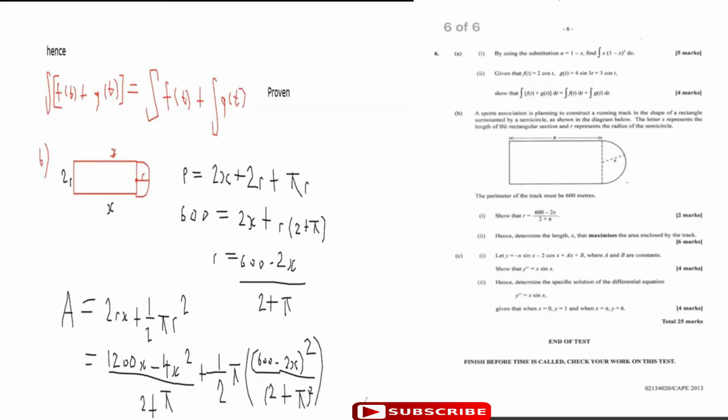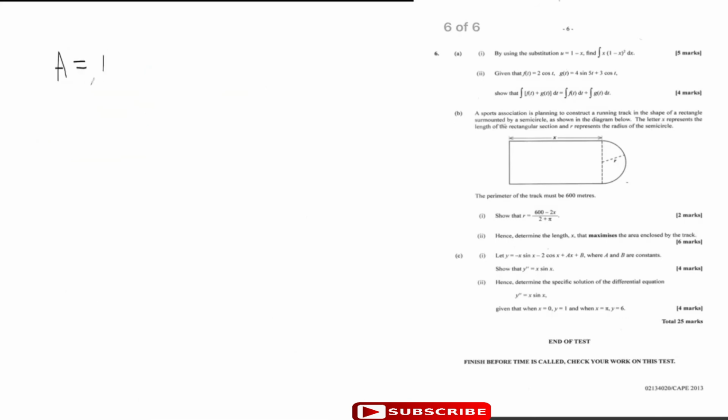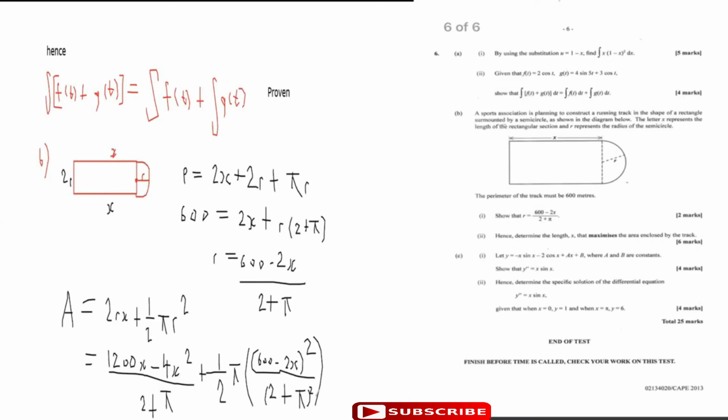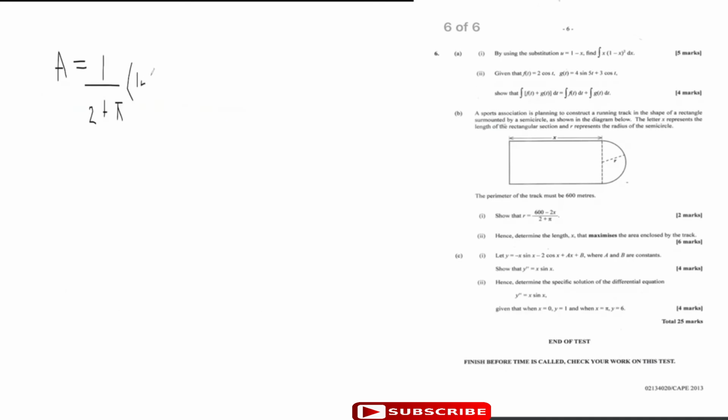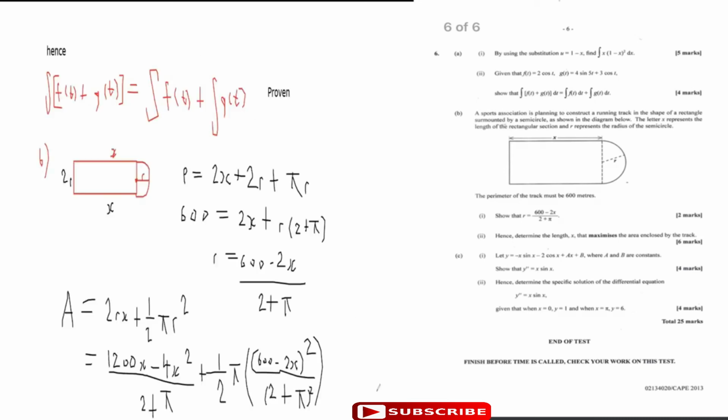Prettying it up, I can write it as A is equal to 1 over 2 plus pi multiplied by, that's now 1200x minus 4x squared. Just prettying it up, and